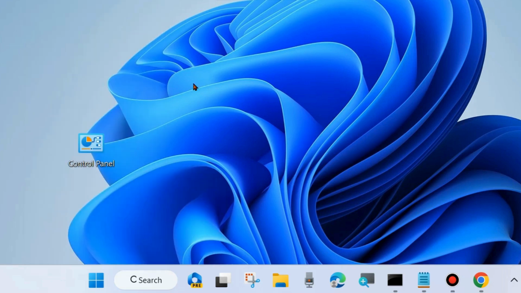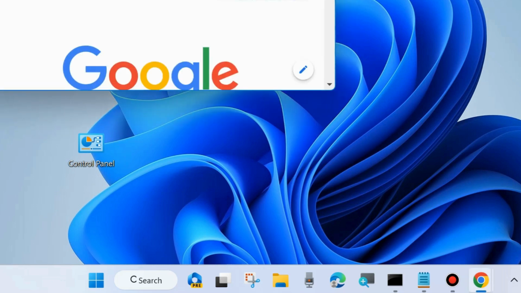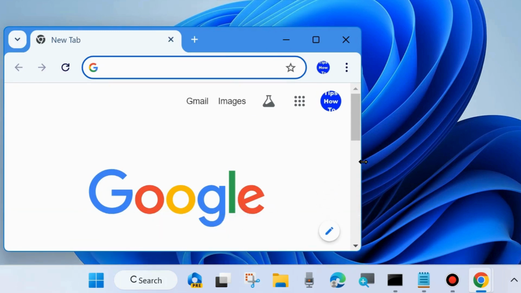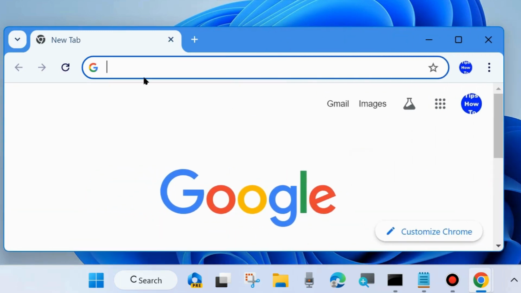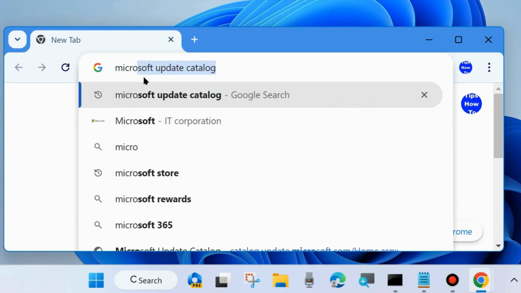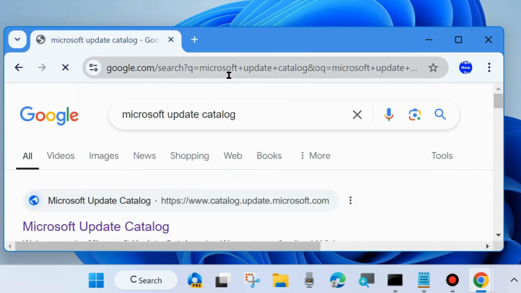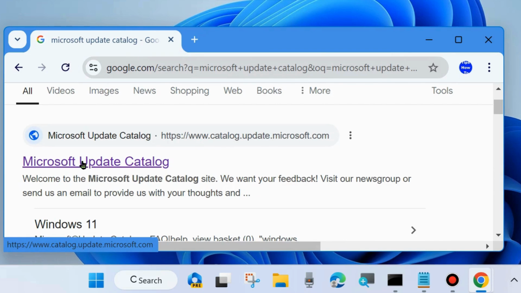And if your problem still persists, then manually download and install the latest Windows update. To download and install a Windows update manually, launch the Google Chrome browser and in the search field type Microsoft Update Catalog. Here press enter and choose the first result, Microsoft Update Catalog. Open it,